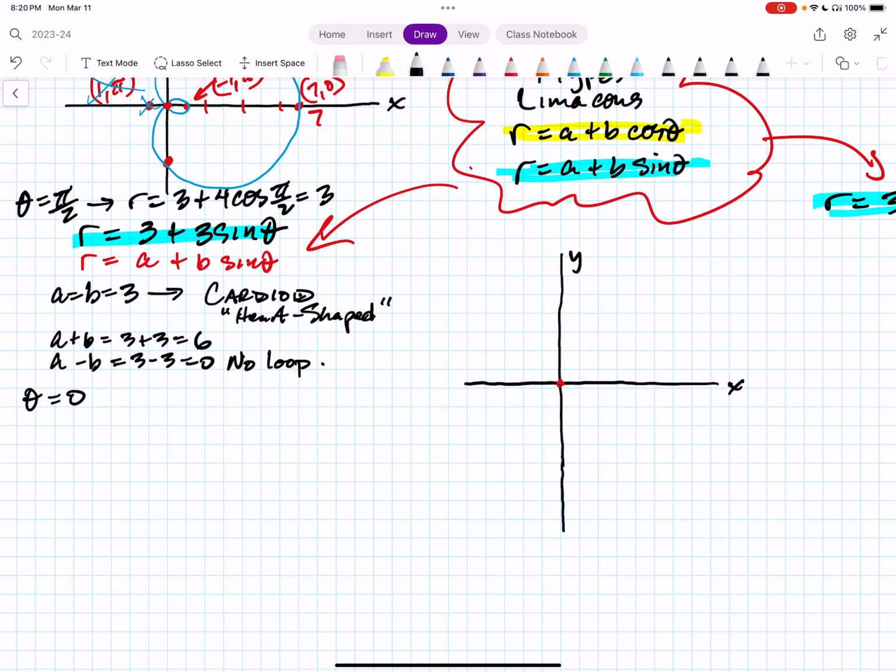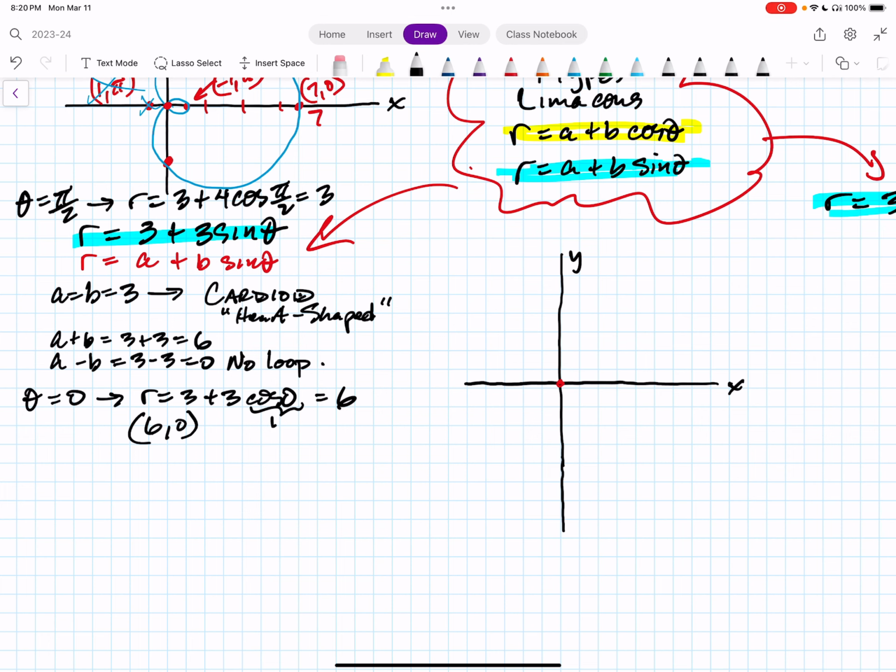When theta equals 0, you substitute it in. R is equal to 3 plus 3 cosine of 0. Now we know that cosine of 0 is 1. 1 times 3 is 3, and 3 plus 3 is 6. So 6 comma 0 is on the graph. And so when I see A and B are both positive, I know that we're going to, actually,